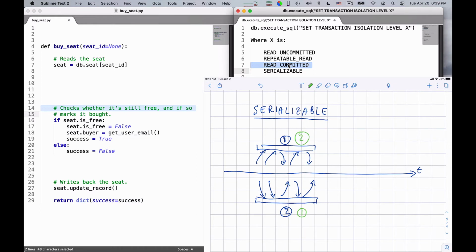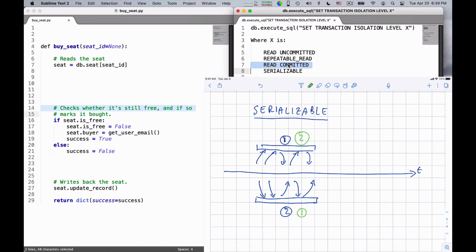But the things are happening as if they were happening in a serialized way, that is, in series, one after the other. Okay, the database may choose to do things simultaneously as an optimization if you access different pieces of data, but the final result is as if one full unit of processing happened entirely before the other.